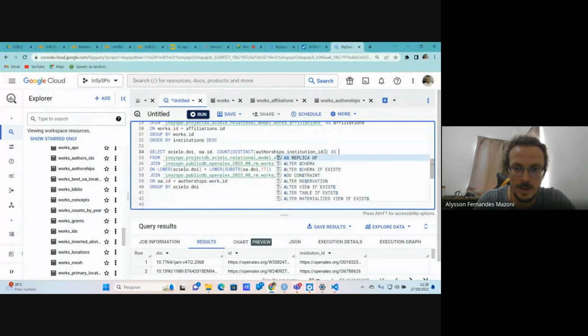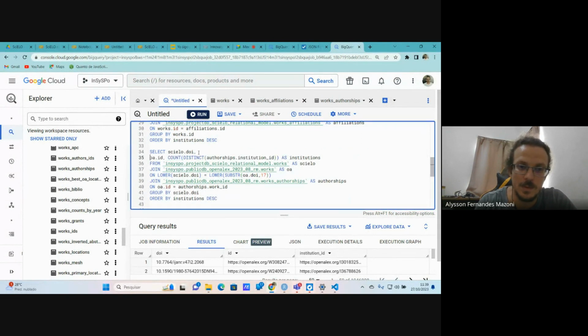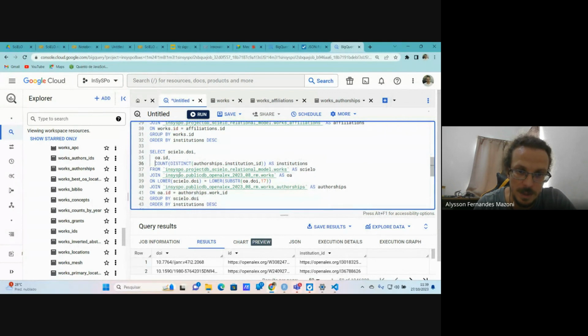We'll call it institutions. I will order by institutions, descending order. Of course, I have to group by one more thing. That's OA ID. I don't think it will make any difference. I could even take it off, but I will keep it